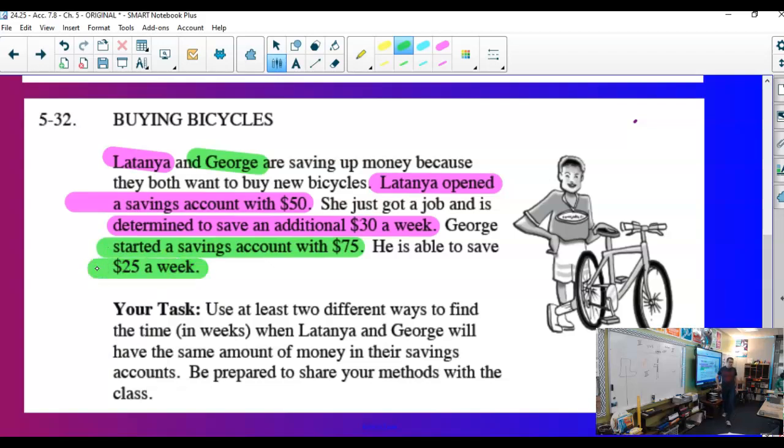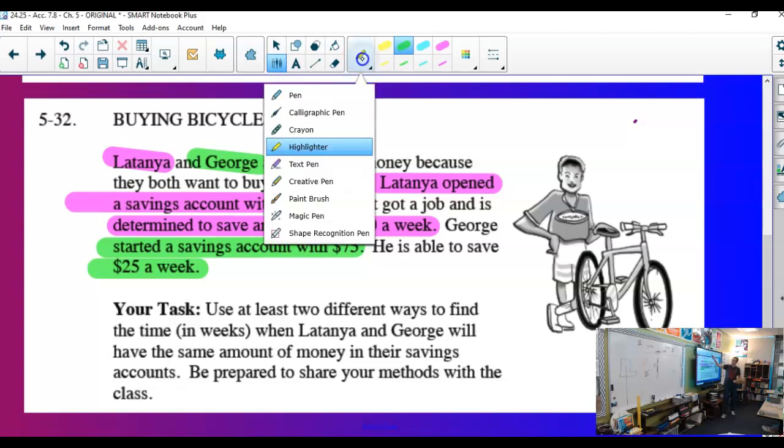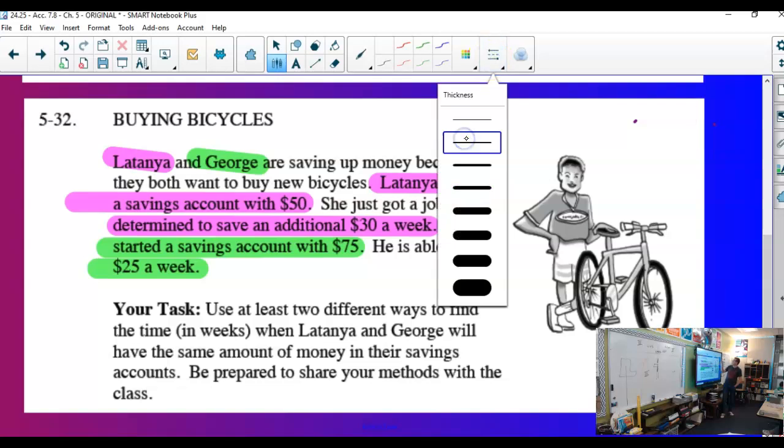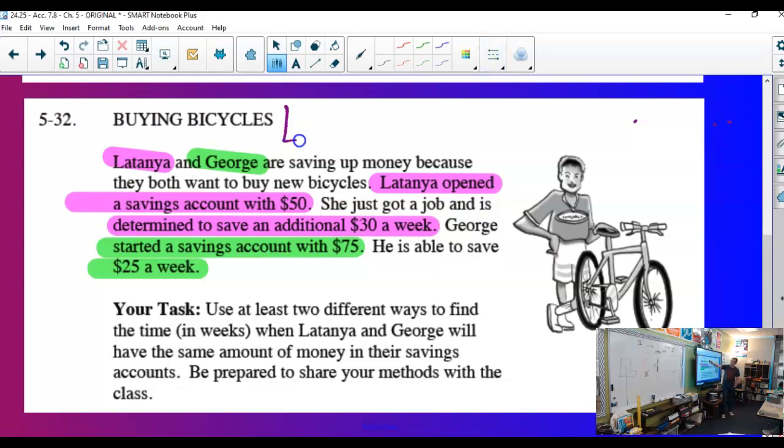So I don't know if we talked about function notation in here yesterday, but function notation is just a fancy way of writing y equals. So function notation, some of us might just be careful if you're working ahead right now because we're going to talk about what our graph needs and that's going to help us set up our graph. So if we're just writing down the important information right now, we know what Latanya started with. We know what she's gaining per week. So instead of saying y equals and just doing 2y equals, because we have Latanya and George,